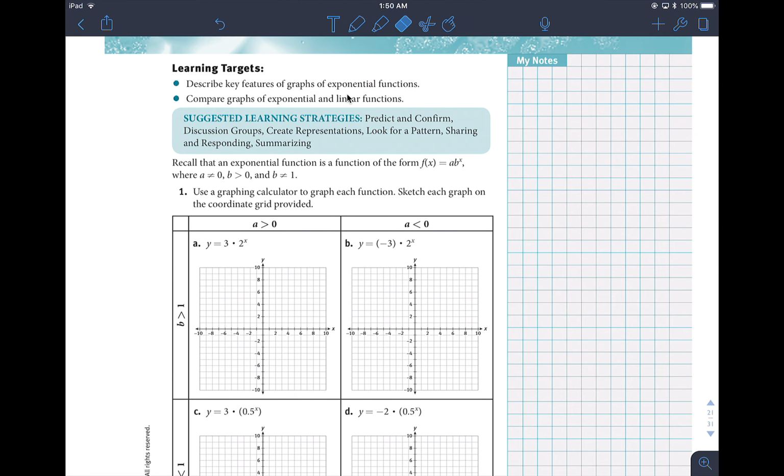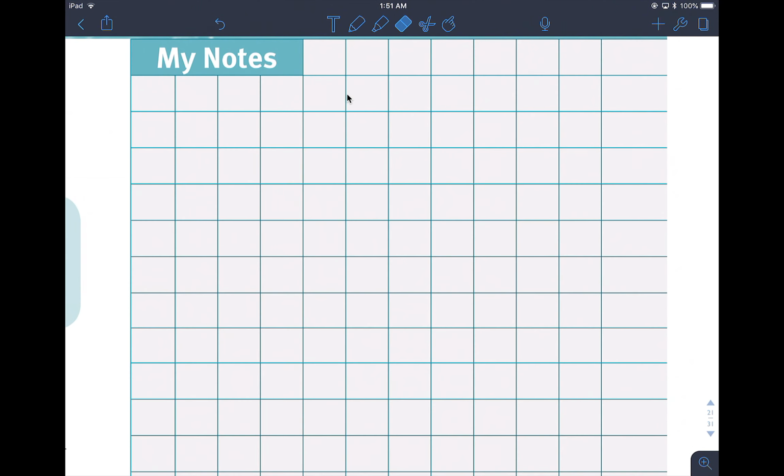Hey class. So just to follow up from the last video, the stories that I gave you about exponential functions. There's two things I do want to talk about before we continue with the lesson, and it has to do with exponential growth and exponential decay. So going back to exponential functions,